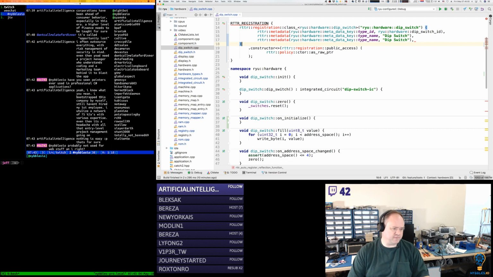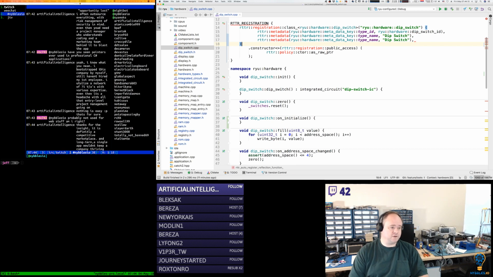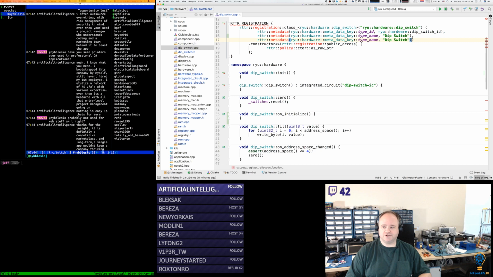In what way do you mean, probably not used for web stuff? It depends. I've written web applications in .NET where I integrated the Lua runtime. This was before things like MoonSharp and other native C# implementations of runtimes were available. So I had to P/Invoke the native Lua runtime, and that was integrated into a web application or web framework. I've done other things similar to that. So there's no reason why you couldn't or shouldn't, in my opinion. It just depends on what you're doing.